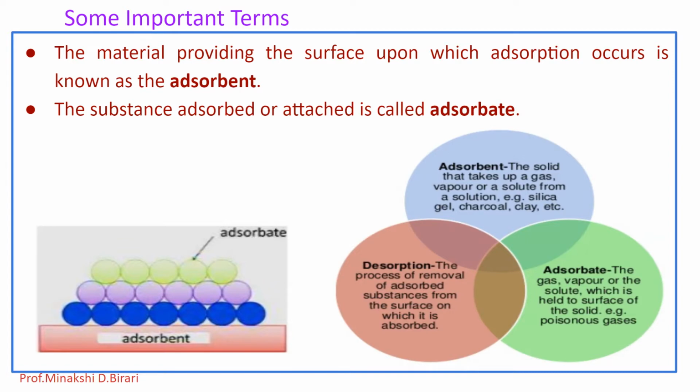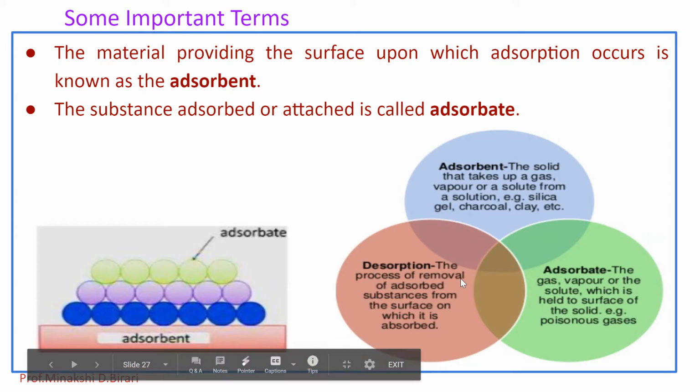Adsorption is seen only in liquids and gases due to unbalanced forces attracting other substances with which they come in contact. The surface of any solid possesses active centers, cracks and peaks, and hence molecules that come in contact with it undergo adsorption. Already we have also studied the mechanism of adsorption. Another term is desorption. It is the removal of adsorbed substance from the surface, and it is the reverse of adsorption.